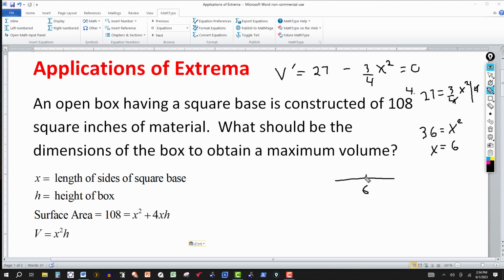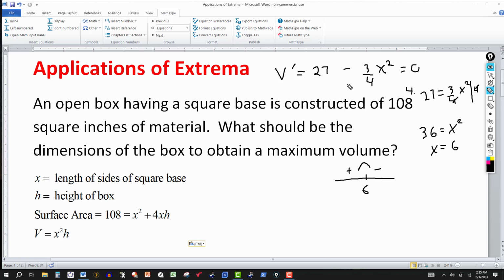If I pick a number less than 6, say 0 or 1 or 2, the derivative will be positive. If I pick a number greater than 6, say 7, and plug it into the expression for the derivative, I'm going to get a negative. So the derivative is positive to negative,